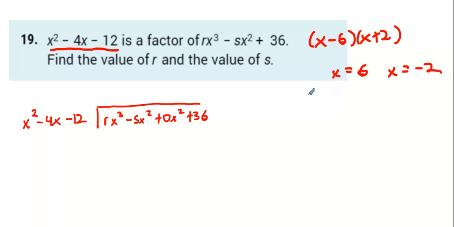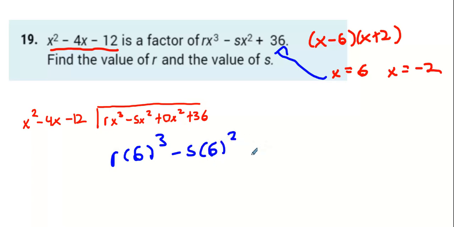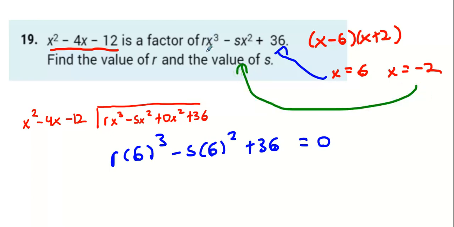That means that when you replace all x's with 6, the value has to be equal to 0. Because roots always cause a y value of 0. And then when you replace all x values with 2,